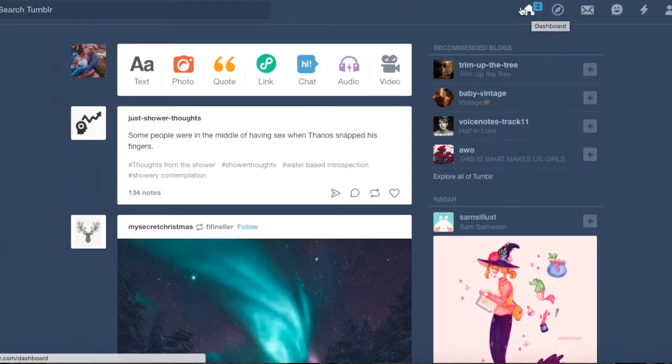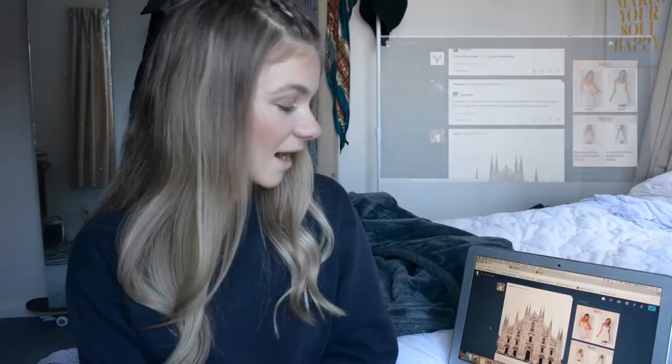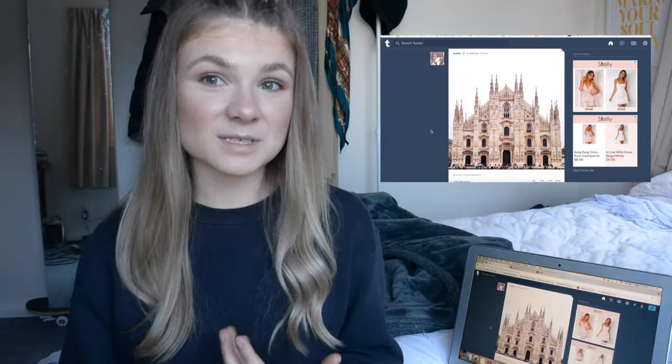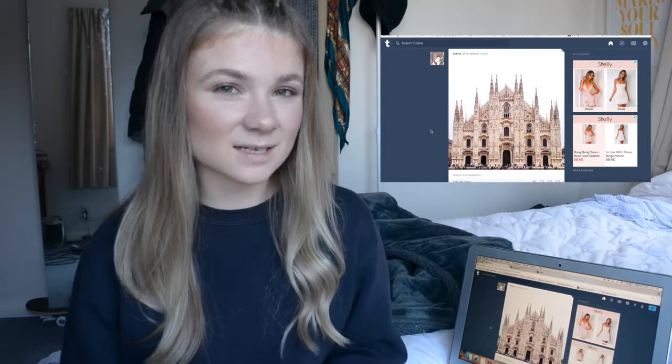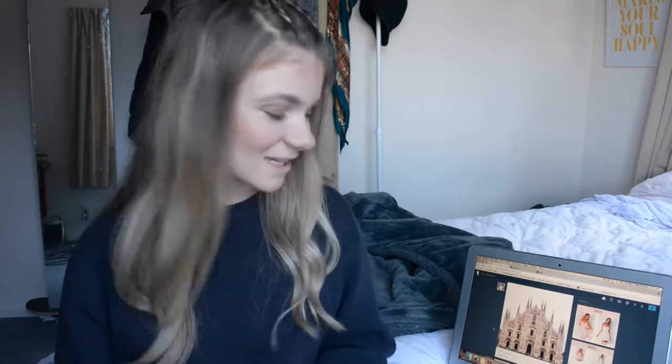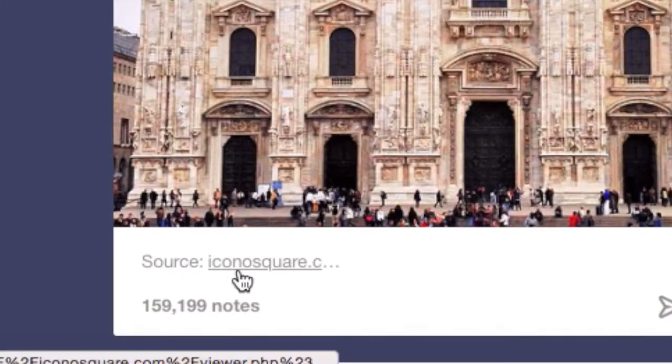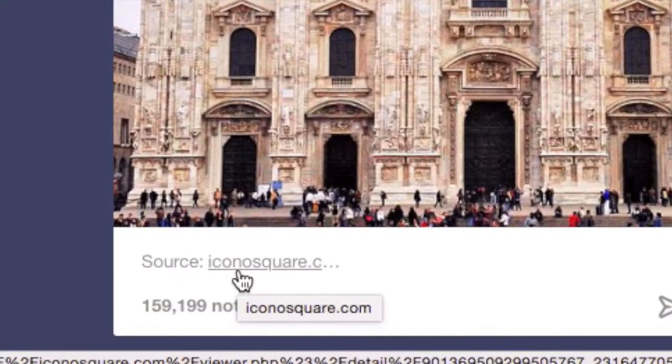After you've posted, it's really important that you know how to reblog other people's posts. This shows that you're an active blog and you're also a blog that cares about its followers. To do this, you simply go to your timeline, which can be accessed through this little home button here. I like this post. It really represents my blog well, and I think it matches my aesthetic too. It's not a post of my own, and I can tell this by its source. Down the bottom of the photo, there is a little source button, and it can send me straight to the page that originally posted the photo. This is what I was talking about before, about owning who the source is.